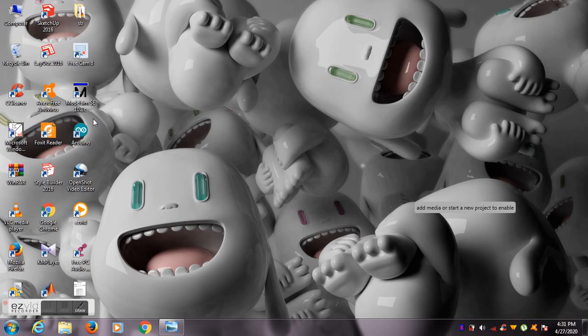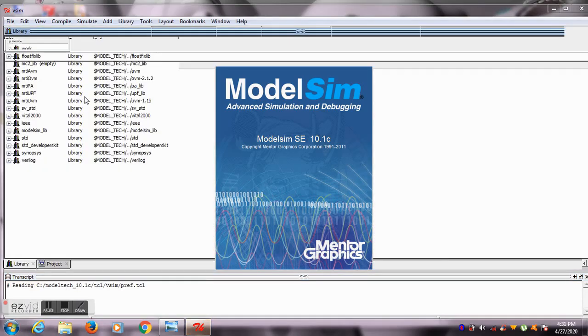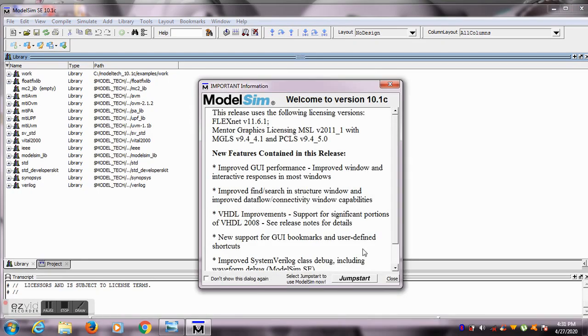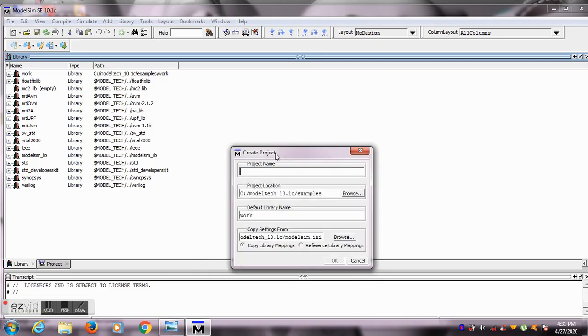So the first step is to open up the ModelSim software. Click on Jumpstart. Since we are creating a new project, click on Create a Project. Then give a project name.